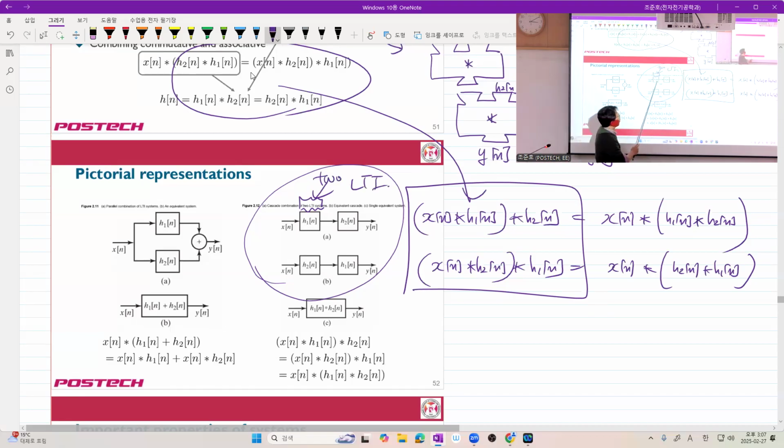If either one of the systems is not LTI, you can't do this. You cannot switch the order to have the same result. But as long as they are two LTI systems, it's okay. The problem is that in the real world, we build some system